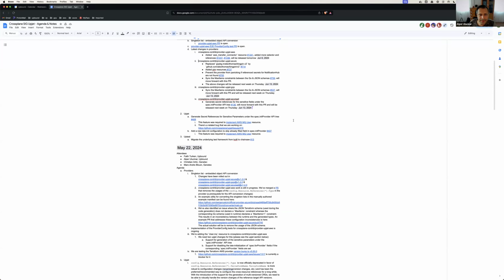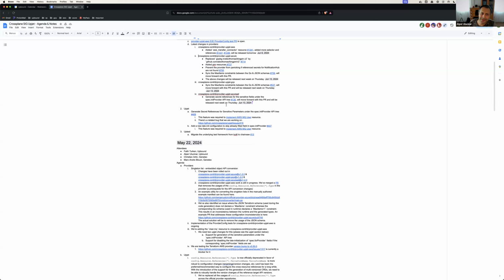And the last item is, we discussed this. So we have a PR in provider Azure AD that generates the secret references under spec init provider and introduces this automatic configuration of syncing the Go schema constraints with the JSON schema constraints. So regarding the spec init provider API, by the way, we have a bug